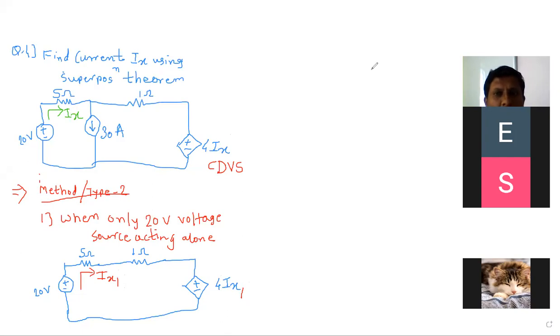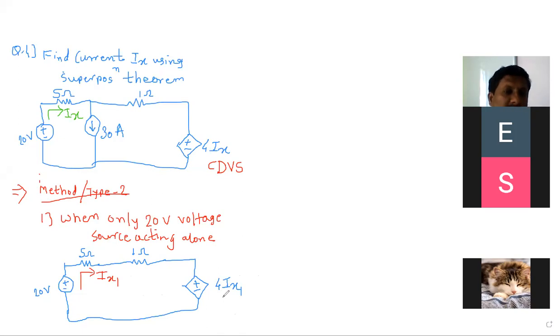ज्यांना हे कळालं त्यांना हे प्रॉब्लेम सुटला. Are you getting my point? As here we are changing the name to ix1, here also the name will change. So it becomes 4 into ix1. मुलं काय करतात? The students make this mistake: they keep ix1 here and keep ix as it is here. ते ix ठेवतात, इथे ix1 करत नाहीत. मग ते इक्वेशन सॉल्व्ह करतात. They can apply KVL, KCL, Ohm's law, nodal, whatever. But they get two variables, one is ix1 and another is ix. So due to that, they cannot get the answer.